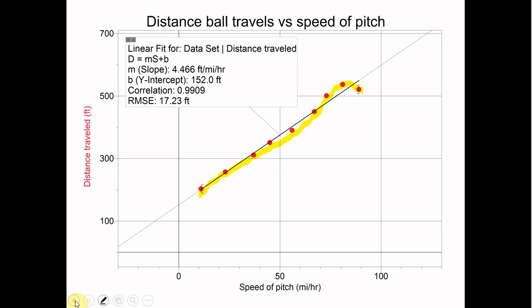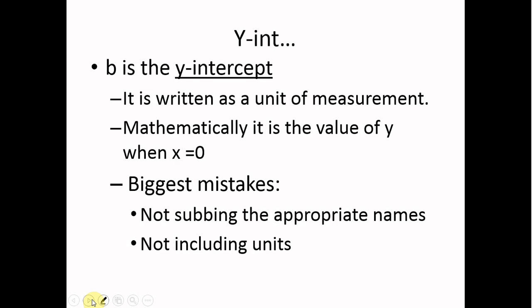So you go back to the graph. Here it is. Here's my distance traveled right there. And I just call it dt, so I don't have to write out distance traveled. So notice when I substitute this in, I do not include this unit. Okay, and that's going to be tricky for most of you to get. Okay, now we come back here and we look for the